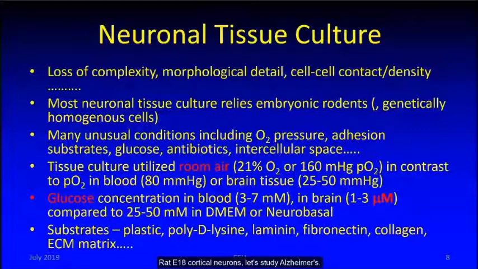Rat embryonic cortical neurons, let's study Alzheimer's. People when they're 2 years old don't have Alzheimer's. We literally tested over 1,000 drugs against stroke in rats, which in human years are comparable to a 20-year-old human. But most people don't have a stroke at 20. They are 60 or 70. It was actually at a meeting, and we asked the speaker, why don't you take old rats? The answer is simple: too expensive. You can't keep a rat in a cage for 2.5 or 3 years before you make an